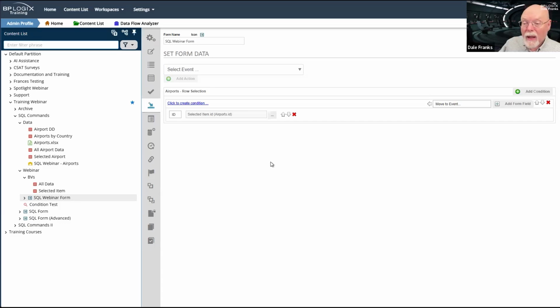Actually, in the real world, I would not make the ID field editable on a form. It is on this one, but as we'll see next week, making the ID form editable opens up an entire can of worms if you want to make any changes to your data.